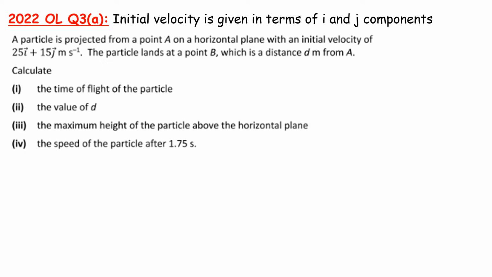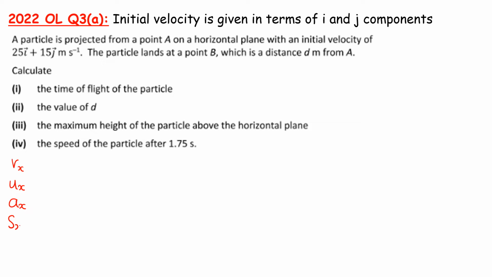There is nothing that's affecting the projectile in a horizontal way, which means there is no acceleration in a horizontal way, which means we have no change in our velocity in a horizontal or i direction. So what we need to do to take account of these different ideas depending on whether we're talking horizontal or vertical, is we divide the whole question into horizontal and vertical components. So we're going to go back to our linear motion, our VUAST, but when we work it, we're going to be working with